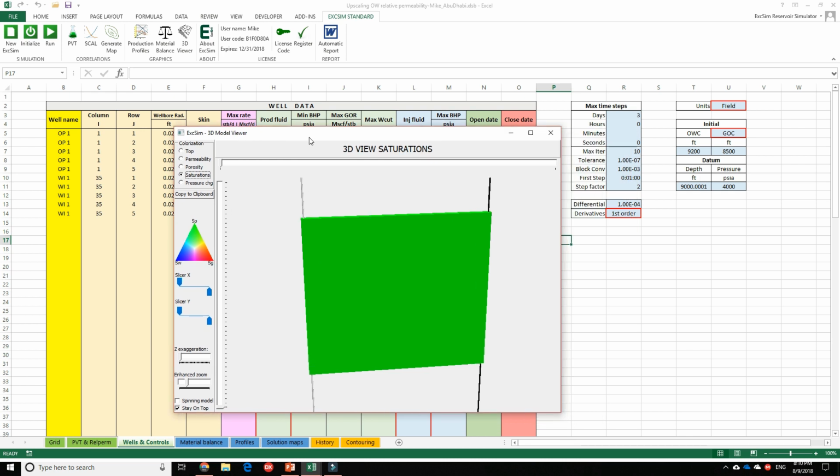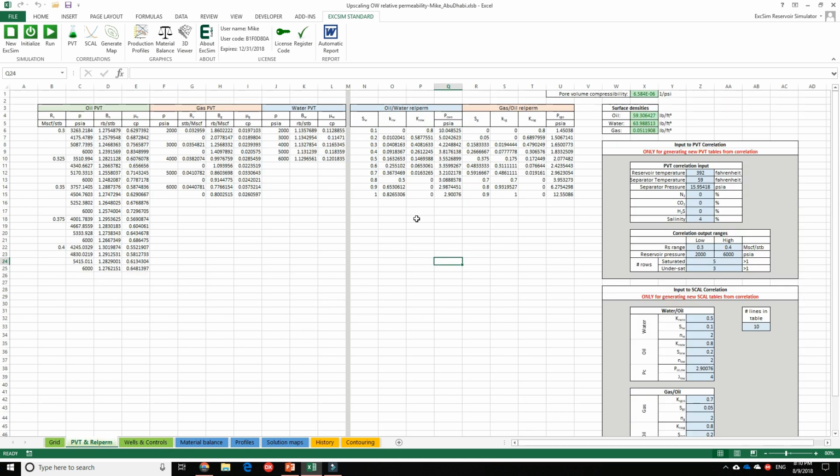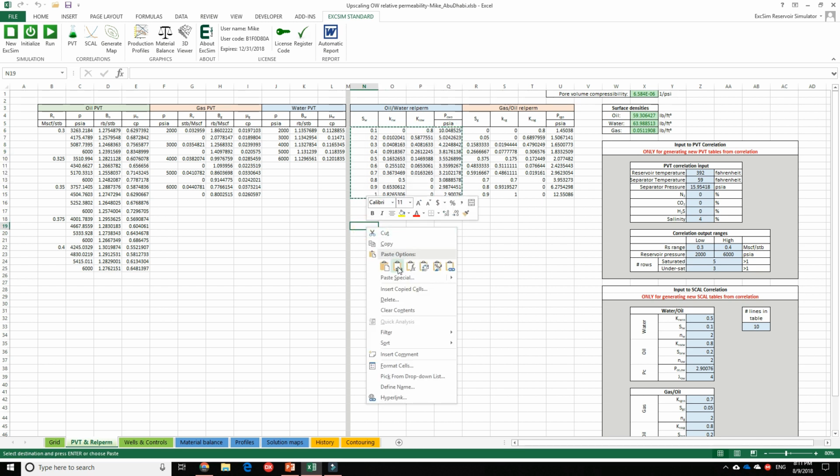Now, step 1 is to find the baseline water saturation, and I'm going to do that by going to the PVT and RelPerm tab. Here's the water-oil rel-perm curve. I'm going to just copy this for later,